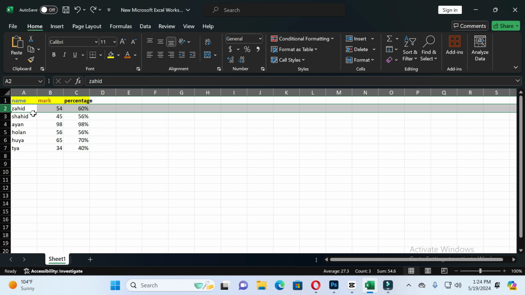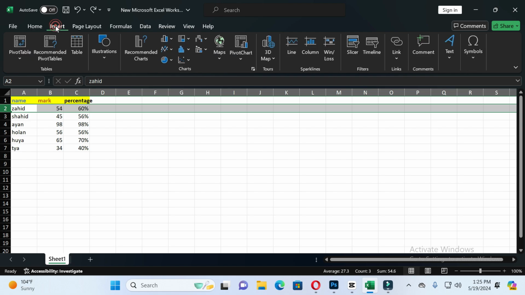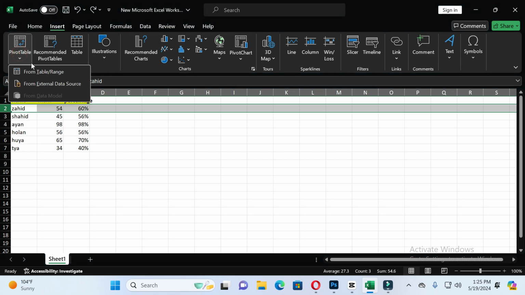So you can see I have written some data in the Excel sheet. If I want to add a pivot table, I will just click the Insert option, and here you will see the option of pivot table. Just click on it